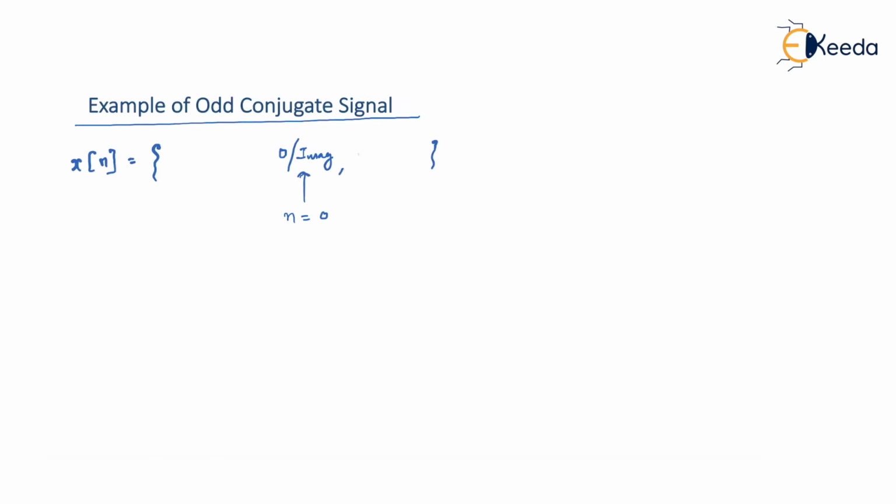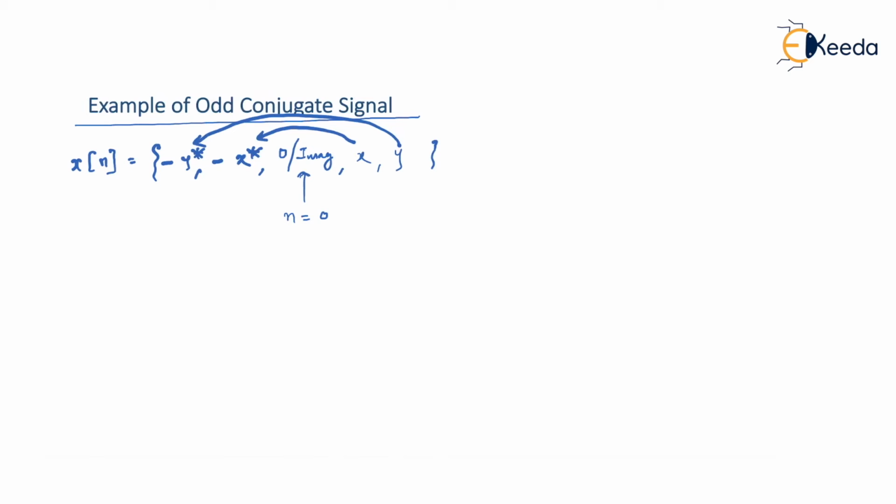Thereafter, let's say we have x here, let's say we have y here, and I'm sure if you remember, if x of n is a real signal, and let's say we are studying odd signal only, then to satisfy odd signal, you know what should be present here? Of course, it has to be minus x. And what should be present here? Of course, it has to be minus y. Because we know that in an odd signal, whatever is present at the right hand side, exactly equal but opposite in sign is present at the left hand side. That was the rule. So just to make it not only odd but odd conjugate, I'm adding an extra conjugate sign here. And then that's it. It becomes an odd conjugate signal.